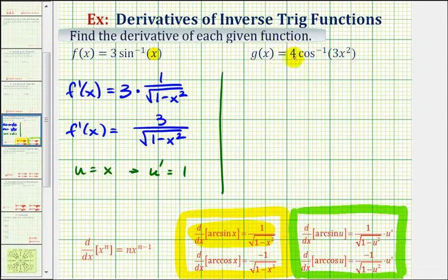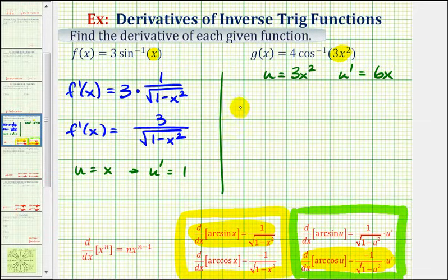Next we have g of x equals 4 times inverse cosine of 3x squared, or 4 arc cosine 3x squared. Notice how this is a composite function, where the inner function is 3x squared. So to find g prime of x, we do have to apply the chain rule, which means we would have to apply this derivative formula here, again where u is our inner function. So if we let u equal 3x squared, notice that u prime, the derivative of u with respect to x, would be 6x,